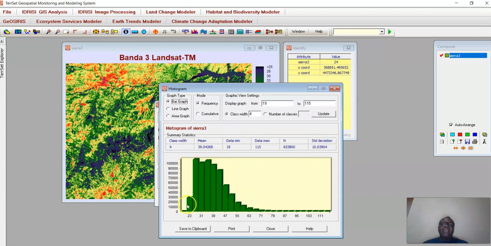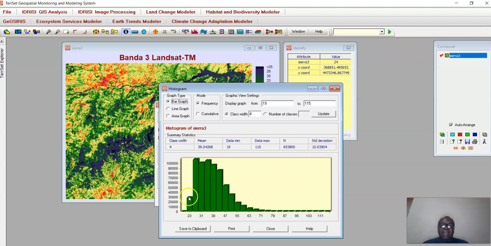You can see that this is the histogram of the image you have here. It shows that 26 is high, 28 is the highest, and 31 is also high. This one is also high, and so on and so forth. But we also have some outliers: 111, 103, 95, 87 are very small. That means the number of pixels that carry these values is not many, but the number of pixels that carry these other values is many in the image.